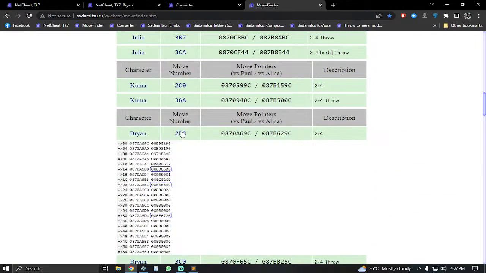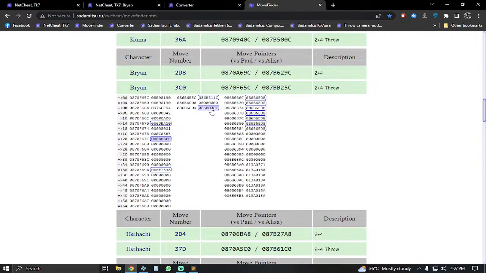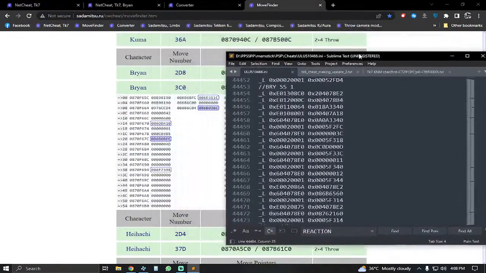This is what I wanted to try, and this is what I'm going to try. Good. This is what I can use. This is what I'm going to use. So down here,